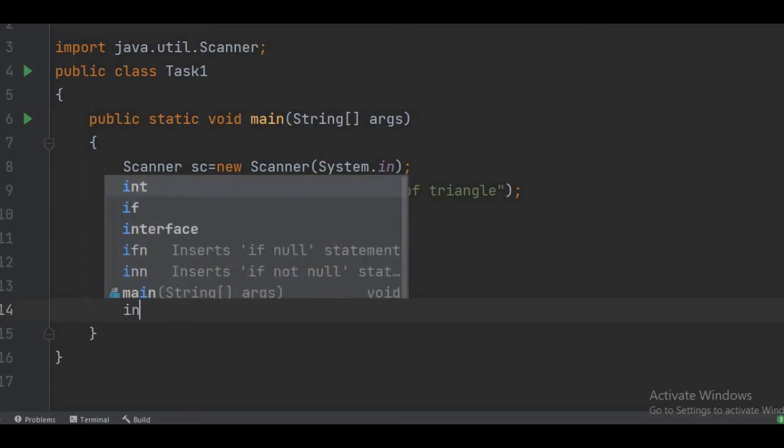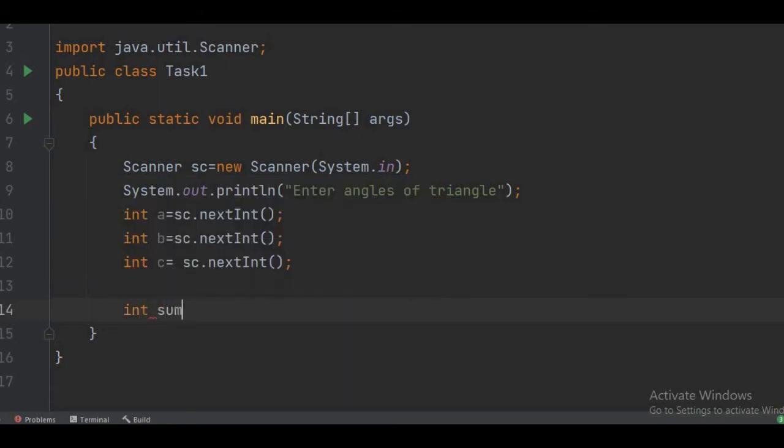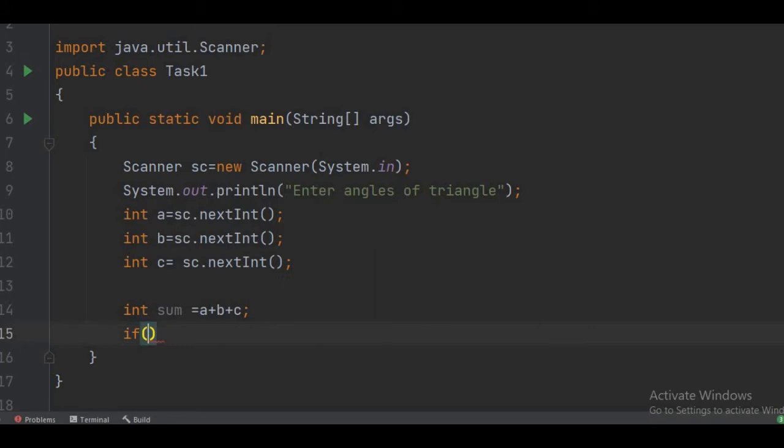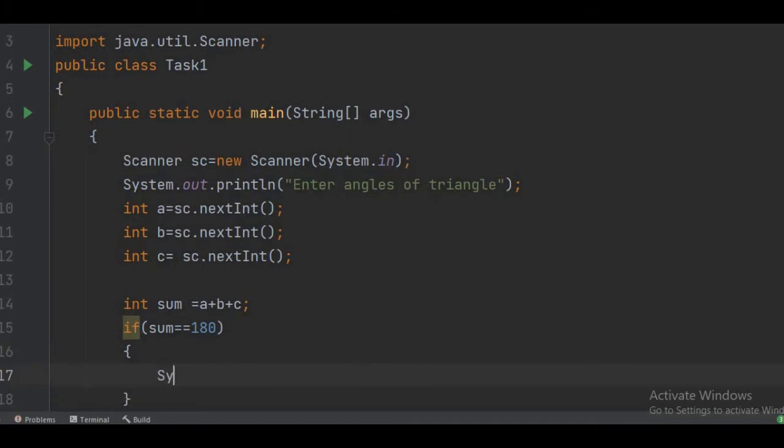Now we will find their sum. So I'm declaring a variable, int sum equal to A plus B plus C. In this way, we'll get the sum of these three angles. Now we will check whether this sum is equal to 180 or not. So simply we have to put the condition inside this parenthesis, and the condition will be: if sum is equal to 180, then what we have to do? We'll simply print